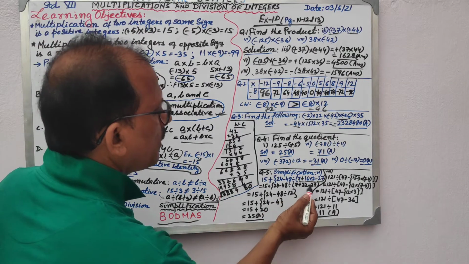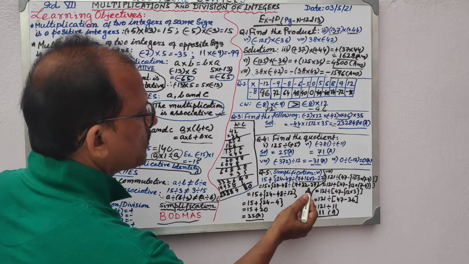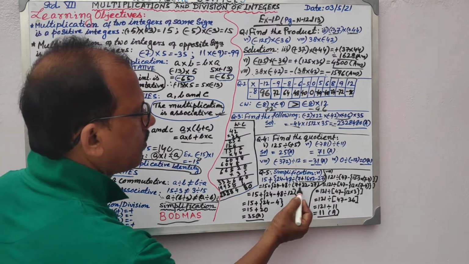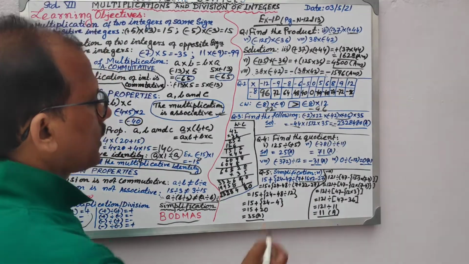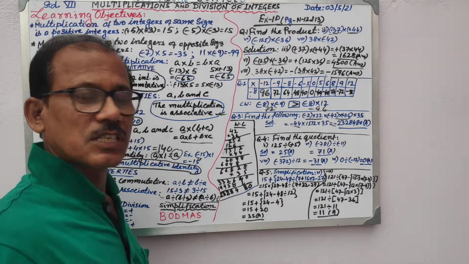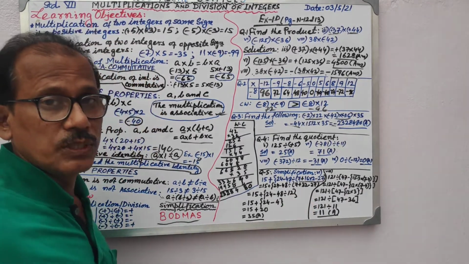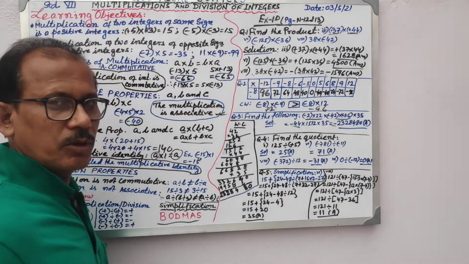Now next step, I will do the plus operation. You can do plus and minus directly, because if you are adding and subtracting 27, it will become 12, because 39 minus 27 is 12. So that you can do. You can take another step also, not bad. You do 39 minus 27 within a simple bracket. That will be better. But if you can do this directly, there is no problem, because this is very simple work.